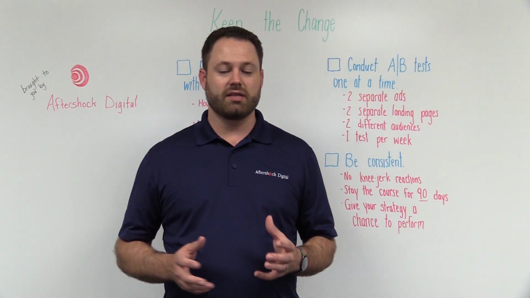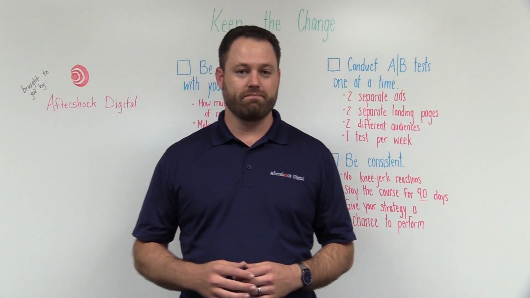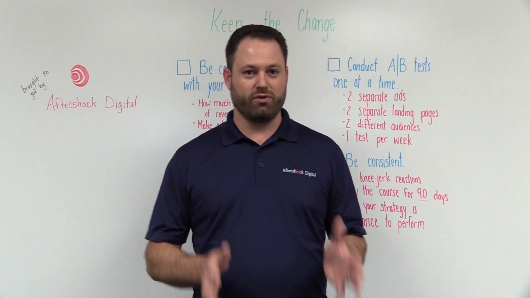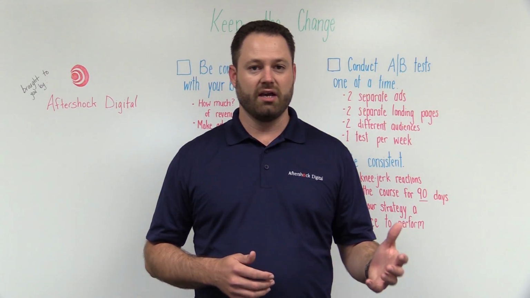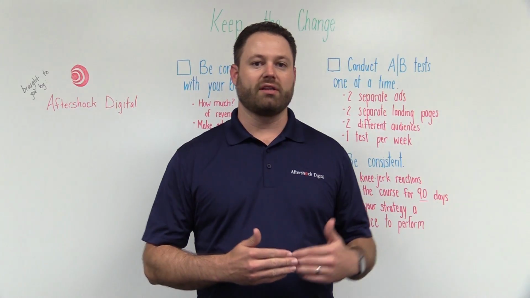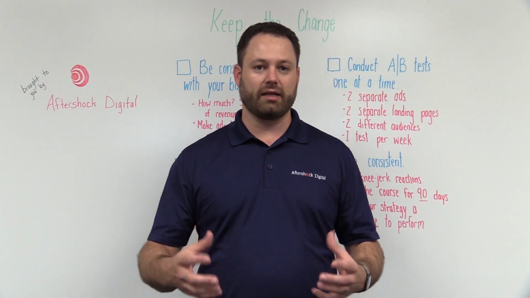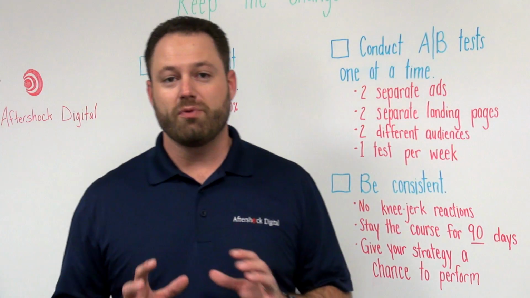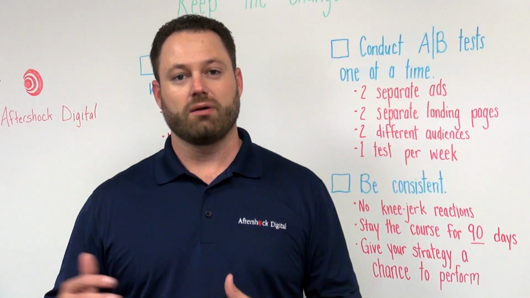Questions we often get is, how much should we be spending in advertising? How much should our marketing budget be? Well, the rule of thumb is it should be between 5 and 10% of your projected gross revenue. So let's say in the first quarter you project to do $60,000. Well, you can break that down to your advertising budget being between $3,000 and $6,000 that you can allocate towards marketing.